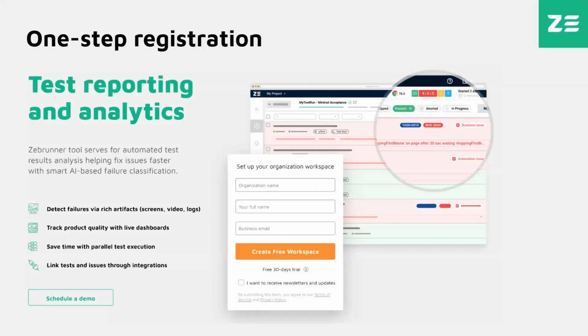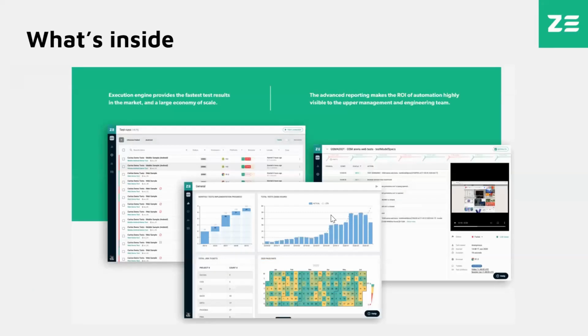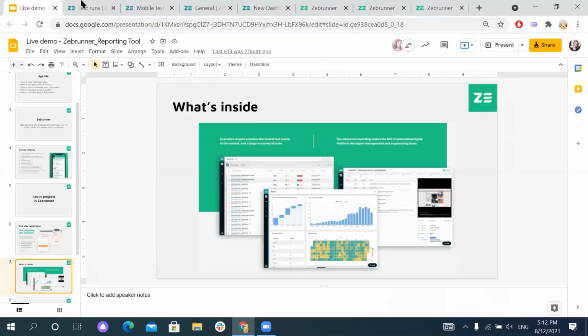Now let's have a look at how easy it is to create a workspace in Zebrunner. The registration is really simple, as you only need to enter your organization name, your full name and business email. Right after that, you'll get an email with a link to your email address. All you need to do is enter your new credentials and you'll get started. So I think we can skip this step and go right inside